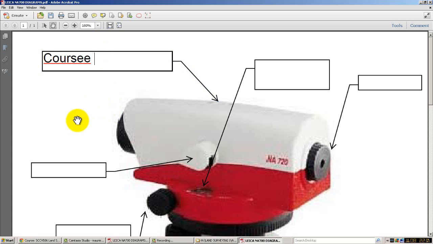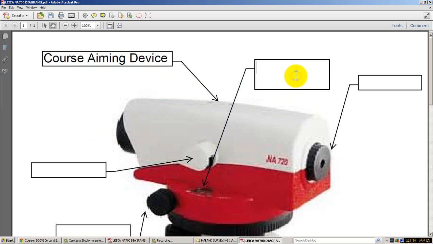So that's the course aiming device, and that's that one done. And then you could just click on the next one, just double click in it, and you can see that you can put the text in. And this one here is pointing to the circular bubble,